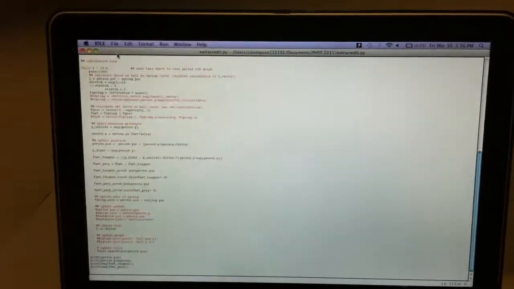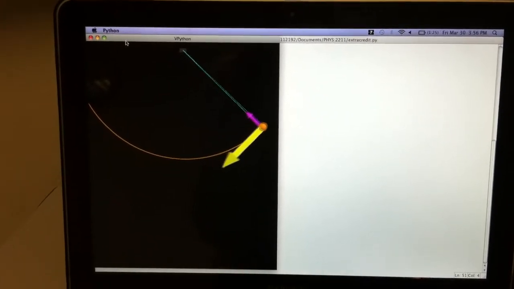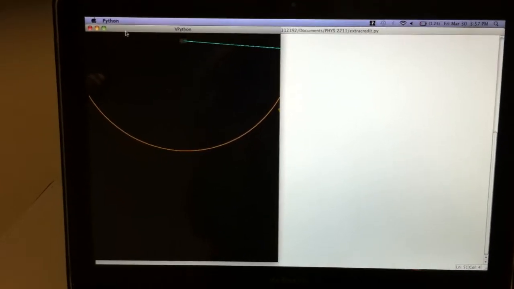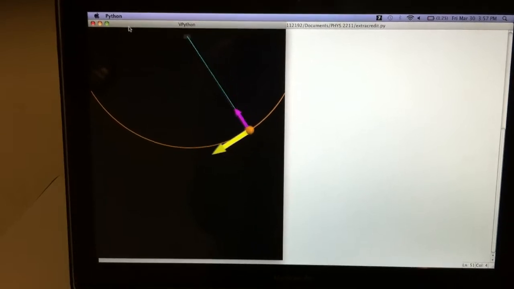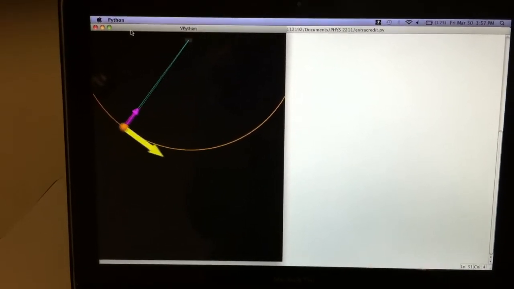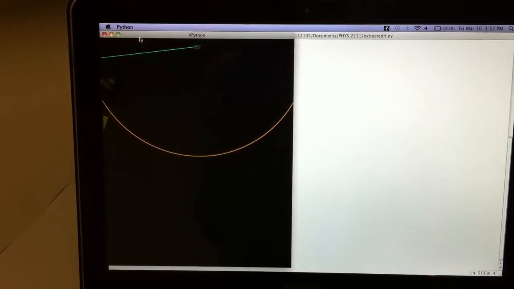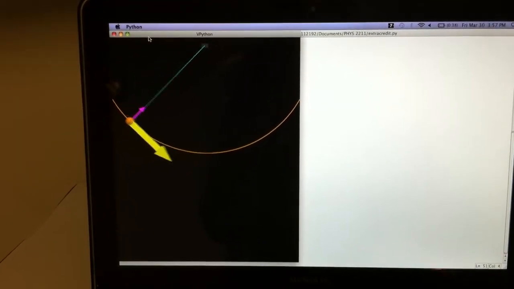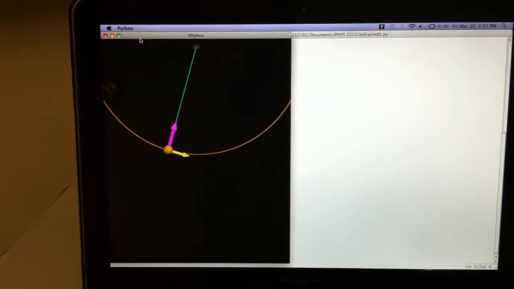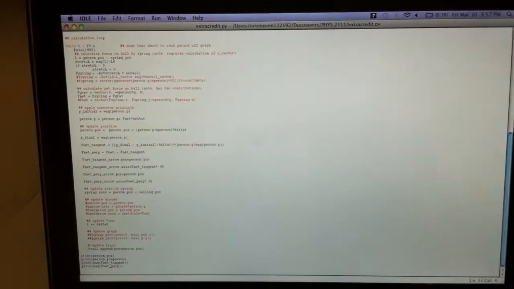Here we go. This code also shows the arrows of the perpendicular and parallel components changing as it swings as a pendulum. This code is also representative of an ideal spring. Now also we can show